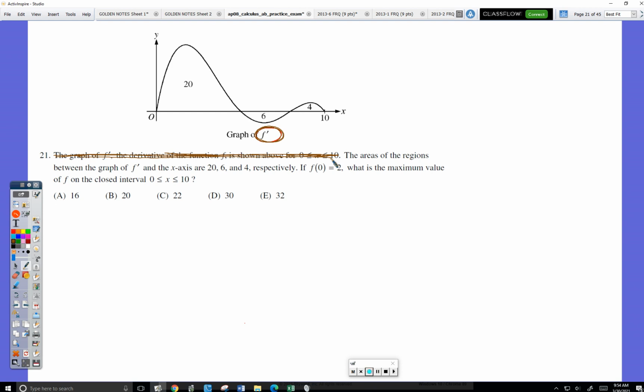You good? Okay. The areas of the regions are shown. Cross that out. Awesome. f of 0 is 2. What is the maximum value of f? Okay. Questions so far? As soon as I read the words, what is the maximum value of f, I went